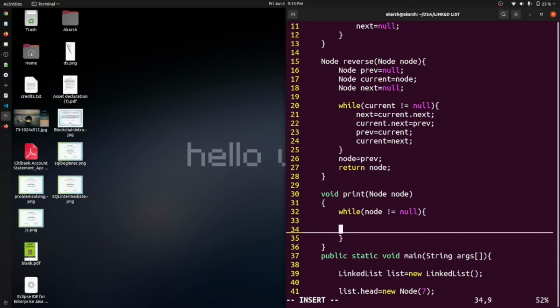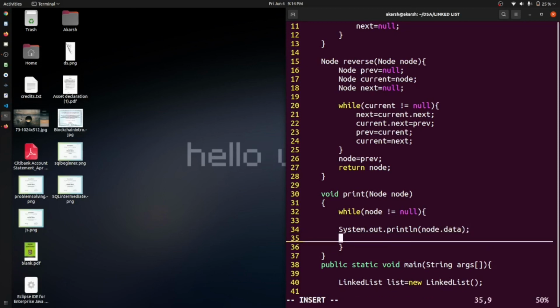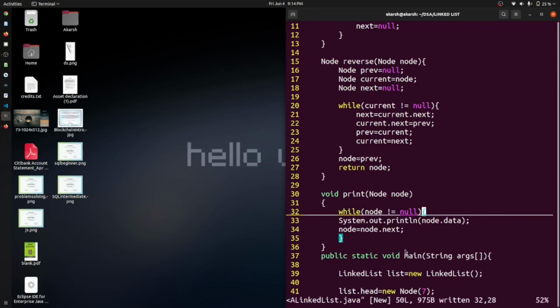We will say system.out.println node.data, and then we will say that node is equal to node.next. So in this way we can do each and everything.